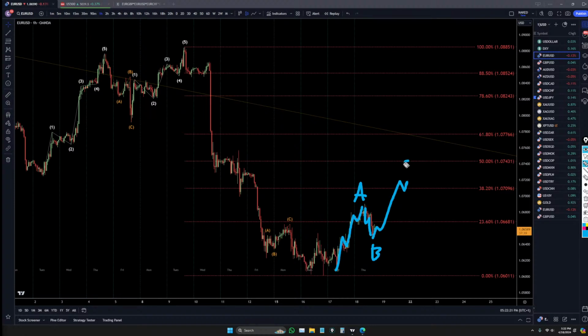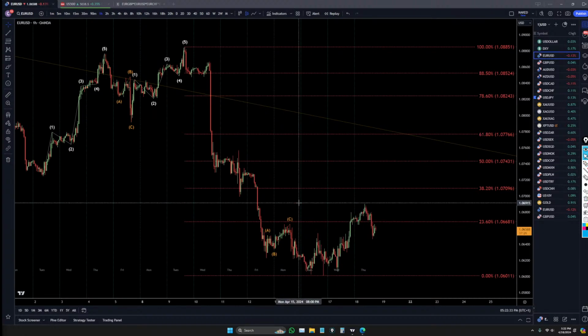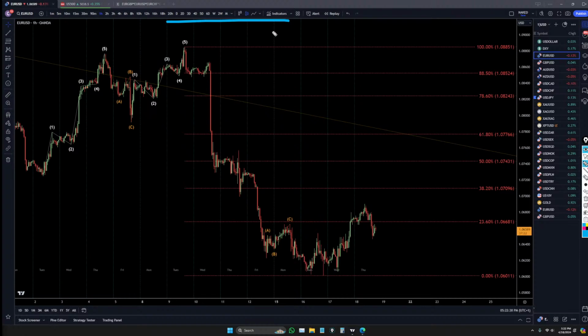Maybe it won't do it tonight. Maybe it'll do it tomorrow in the London session. But I think this is going to be an ABC of four, and I think it's going to go down again for a wave five. I think this is very, very clearly a 3, 4, and 5 pattern. So technically I'm looking for shorts because the downtrend is not confirmed to be over on the higher time frame. So technically I'm still looking for shorts. But I will definitely trade the end of a wave B if I get an opportunity, take it up to at least a 38%, maybe to 50.